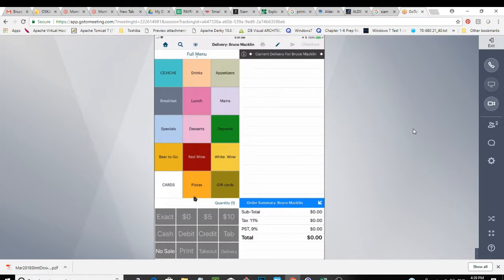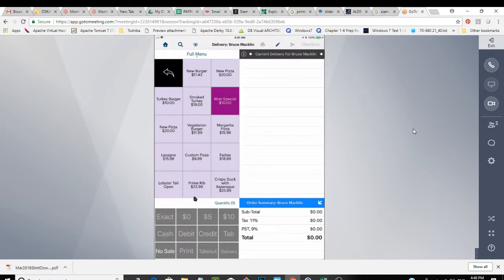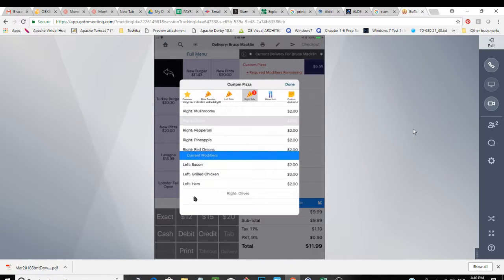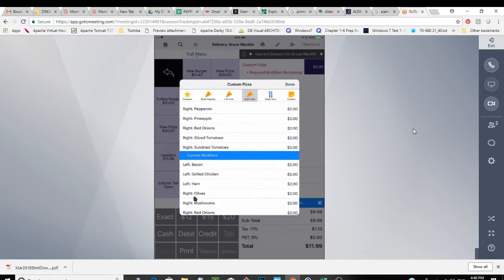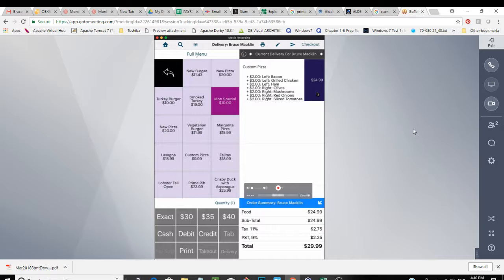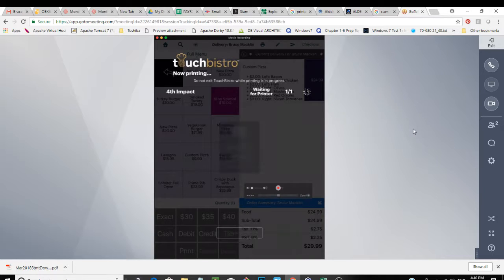So I'm going to go in here and get something here. I'll get a pizza, and it's going to have bacon, chicken, and ham on the left-hand side. On the right-hand side, it's going to be vegetarian. It's going to be olives, mushrooms, and red onion, and I'll add some sliced tomatoes too. There's our pizza for $24.99. So send it through, and on the receipt, what it's going to look like is going to have the full address for the driver